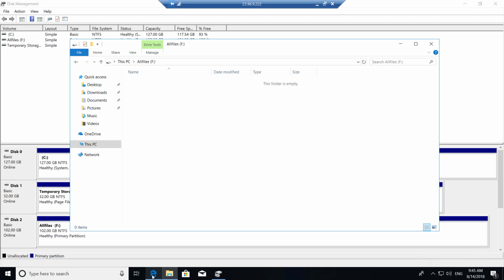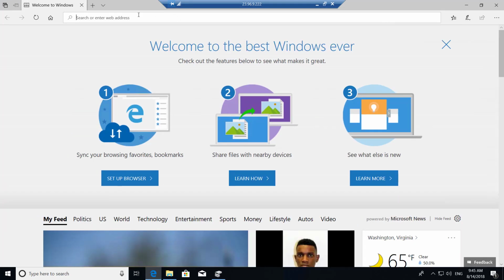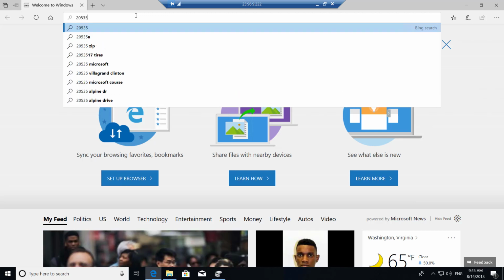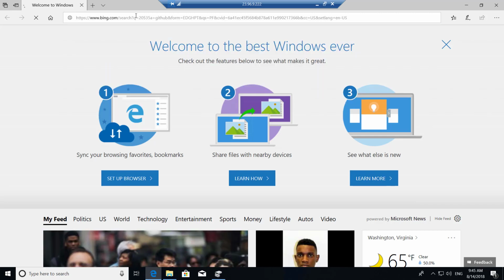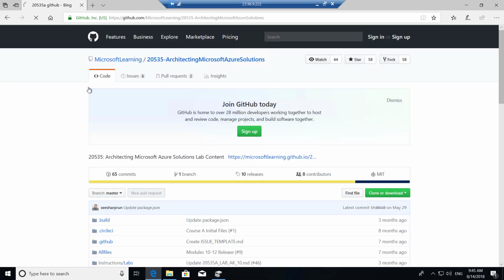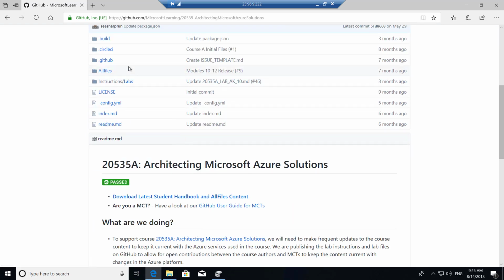So the files that we'll be moving there: if I bring up Edge from within the virtual machine now. Most of the things that I'll be doing will be from within the virtual machine now. So if I just search for 20535A GitHub and I press enter, it shows me that result again. If I click on that, going down on the initial page, I have this option where it says download latest student handbook and all files content. So if I right click on that and open that in a new tab,